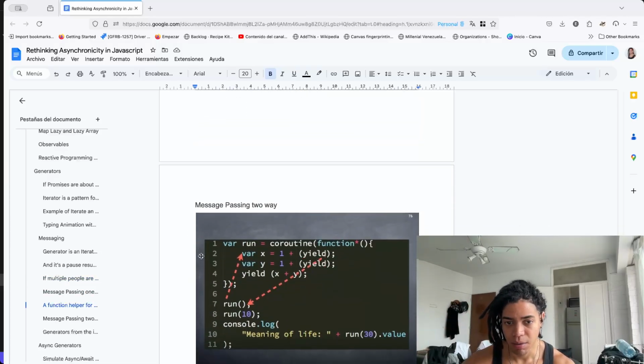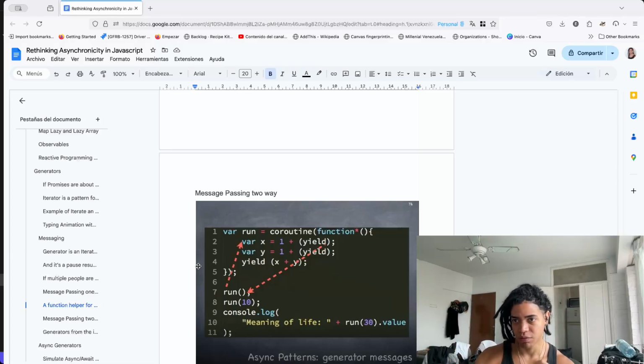Because initially, if the first time you run your generator with next you pass any value, right now it just fades away. It's like it's not there. So this is now a part of the flow design. And the other is that by the time you call subsequent next functions, all right, you can pass data, and the yield keyword